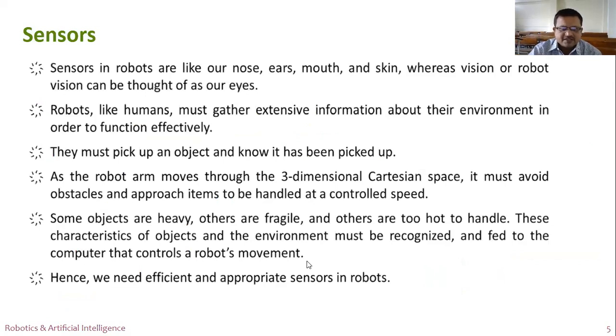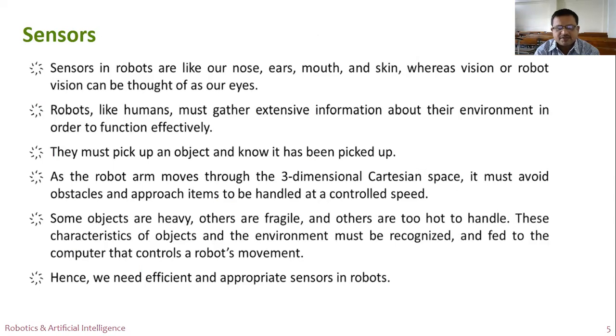Now, sensors in robots are like our nose, ears, mouth, and skin, whereas vision or robot vision can be thought of as our eyes. Robots, like humans, must gather extensive information about their environment in order to function effectively. They must pick up an object and know it has been picked up. As the robot arm moves through the three-dimensional Cartesian space, it must avoid obstacles and approach items to be handled